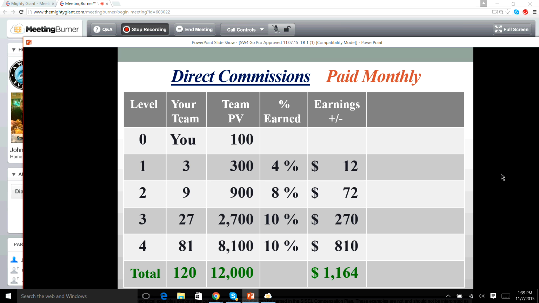$1,000 a month. 3 by 3 by 3 by 3. $1,000 a month. And I'm not even talking about the power of Sisel Live yet, okay? This is just in the standard networking component of the plan. You're making $1,164. That's an auto ship payment, and for most people, that's 3/4 of a mortgage payment, okay? That's pretty powerful. In fact, they could pay their mortgage payment with it, and then instead of paying their mortgage payment, their auto ship is like no big deal, okay?